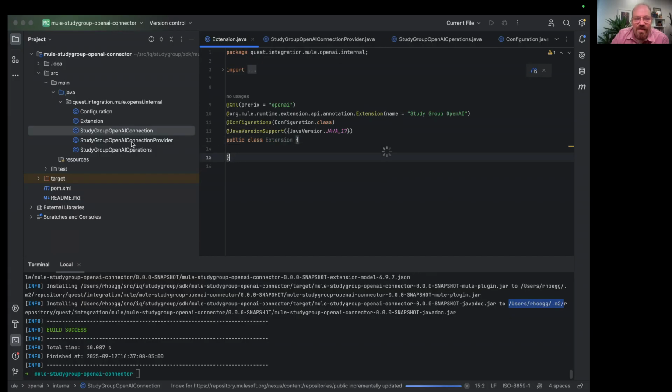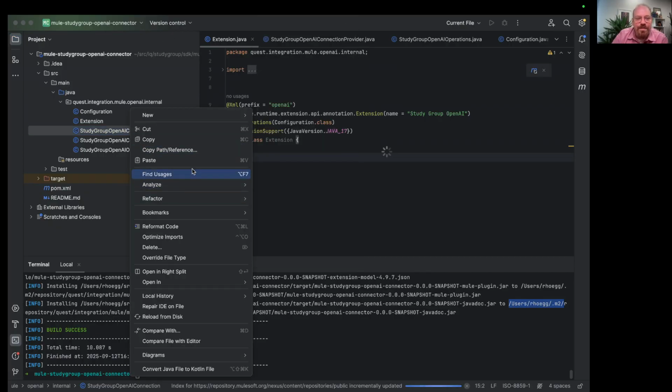And I'm not fine with this recording software making my editor so slow. Okay, so let's rename